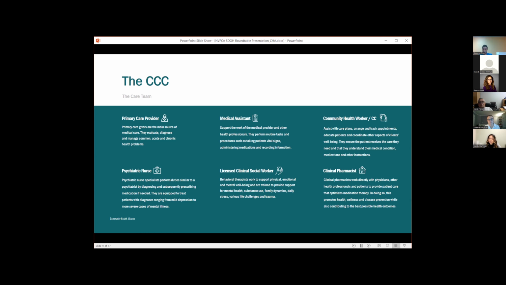instructions. We have access to a psychiatric nurse that is able to perform similar duties to a psychiatrist by diagnosing, but also being able to prescribe medication if needed, and they are equipped to treat various diagnoses from mild depression to severe cases of mental illness. We also have a licensed clinical social worker. So behavioral therapists work to support the emotional well-being of the patient. And so they also do mental health, substance abuse, family dynamic, daily stress, and various life-changing trauma